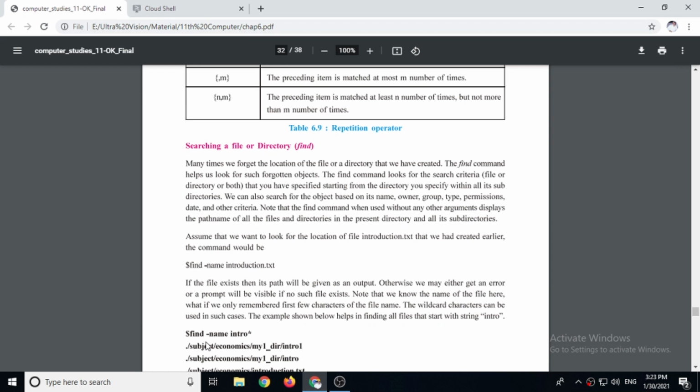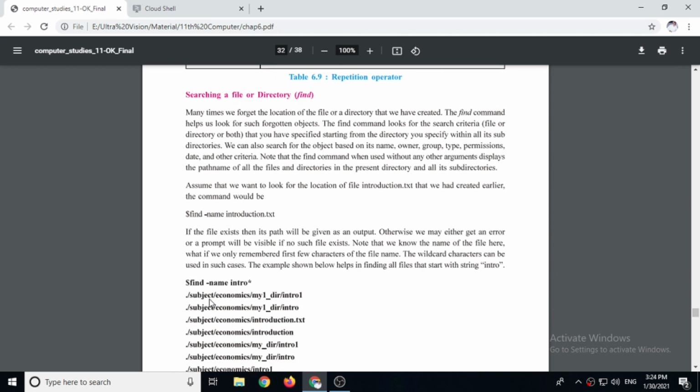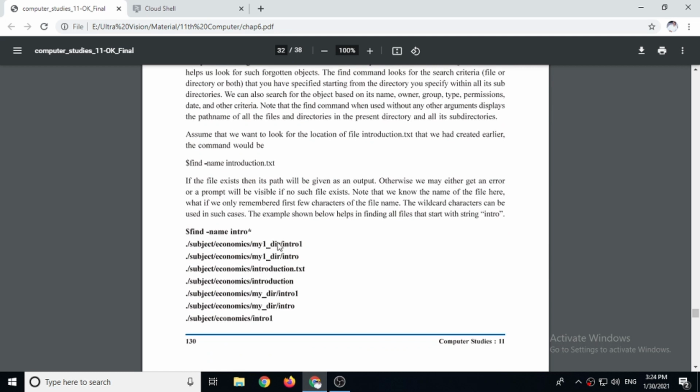For example, find minus name intro star. It means it will find all the files having intro as name inside it. So you can see in the output it shows intro1, intro, introduction.txt, introduction. All the files having the intro word inside it will be found.